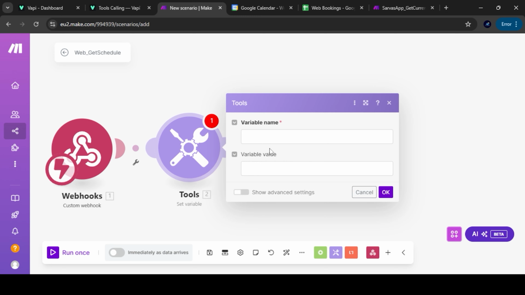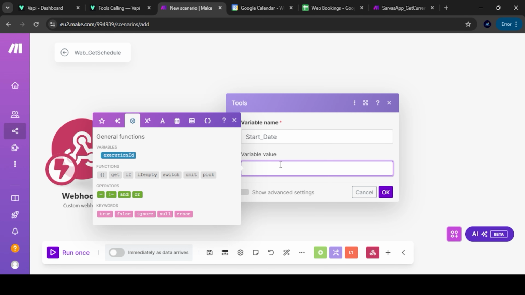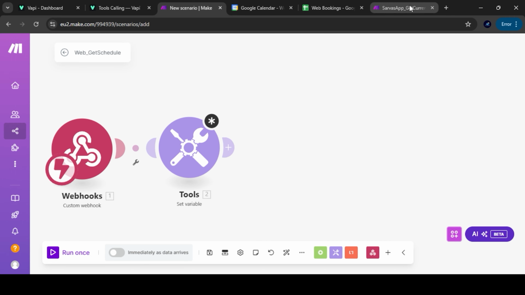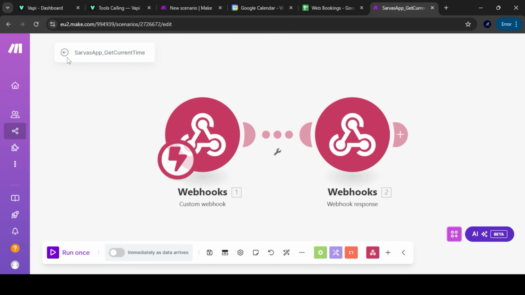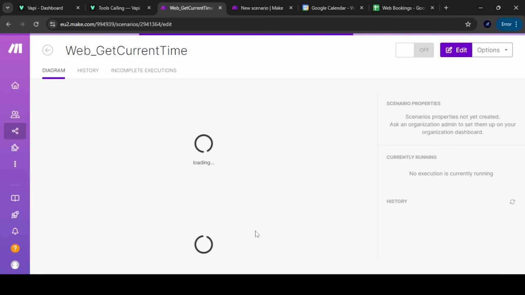We'll set the variable, start date, and the format will be similar to this one. Go to here, come back. First one is web get current time.